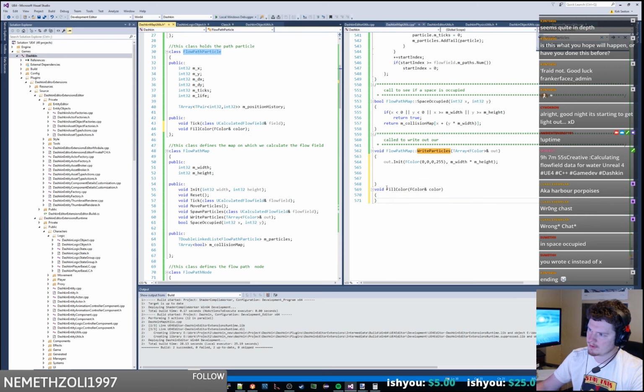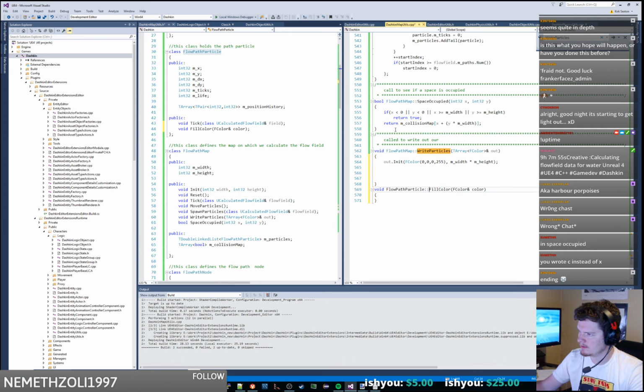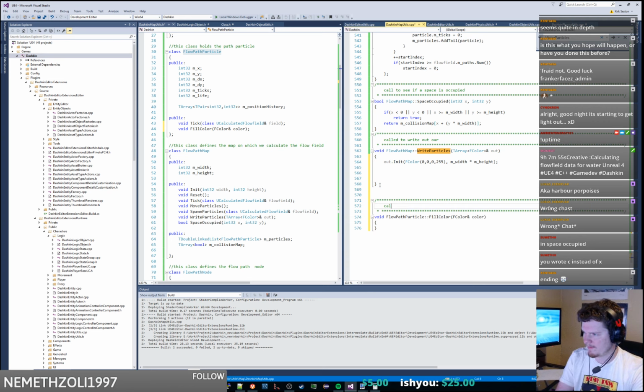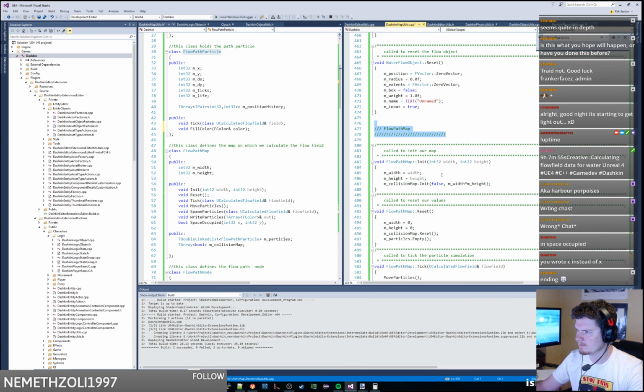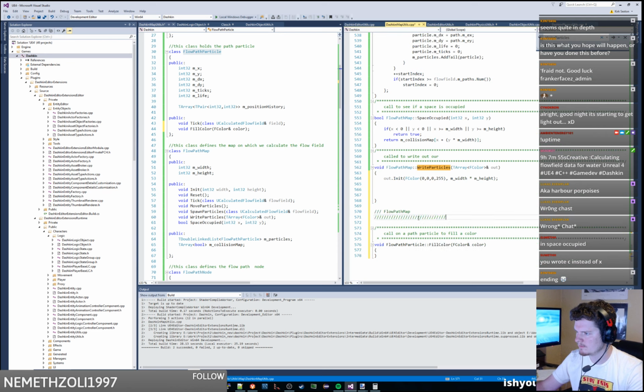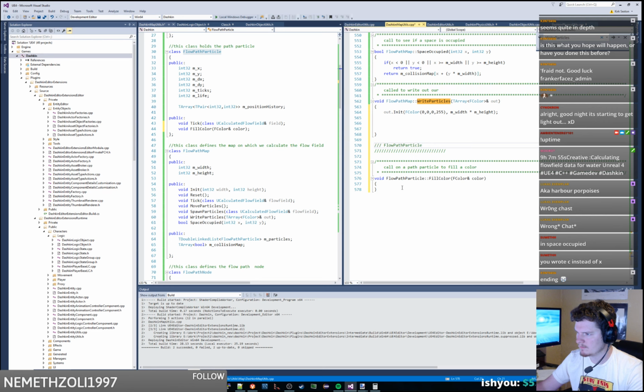So we'll have a flow path particle fill color method on this, and it's going to figure out what color we should write. Alright, so for our position history, we're basically going to iterate over our